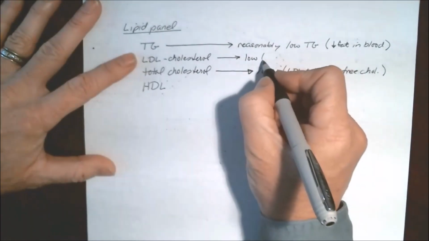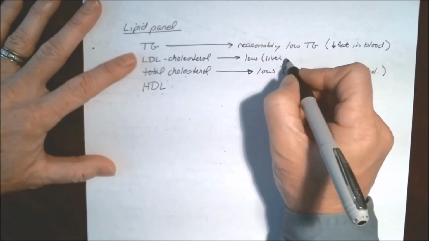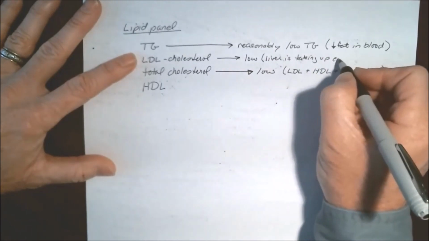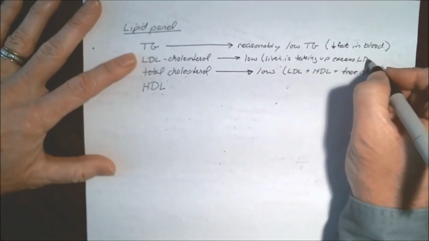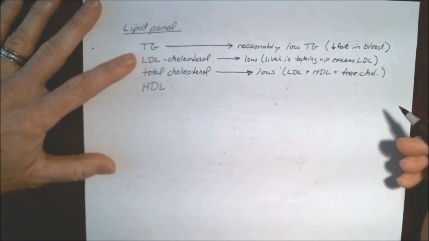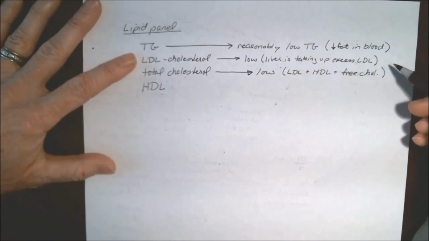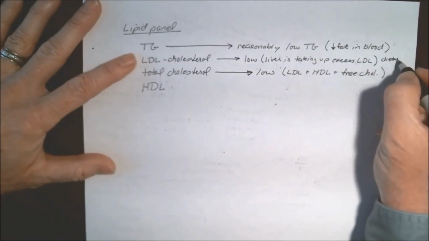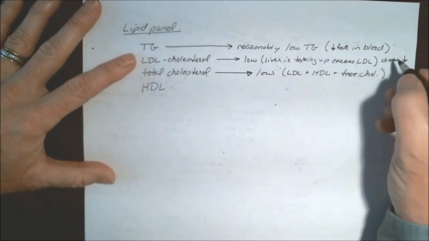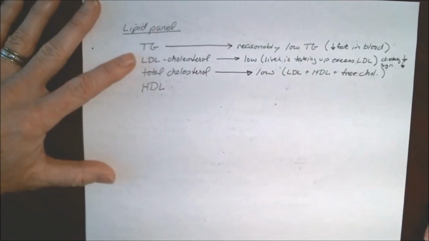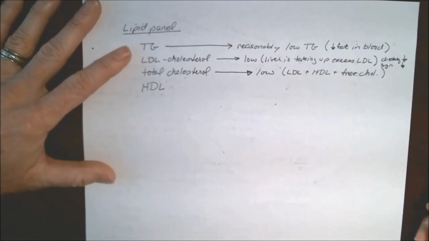And this is an indication that your liver is taking up excess LDL in your circulation. And it's also an indication that your dietary cholesterol is low, and also your hepatic synthesis is low,